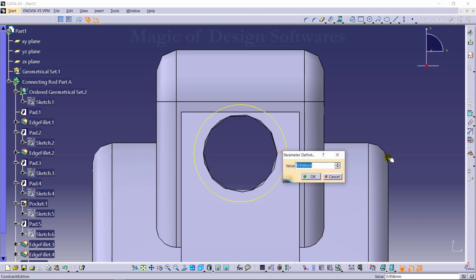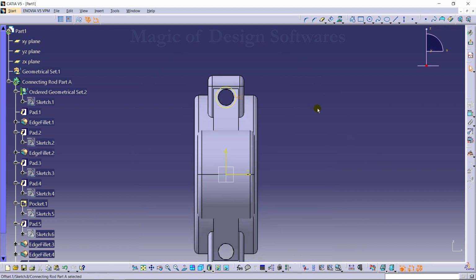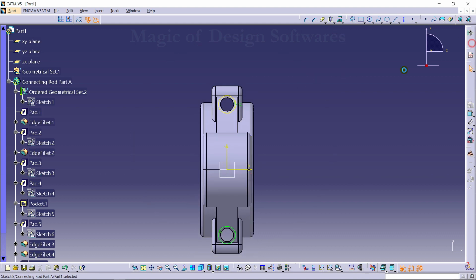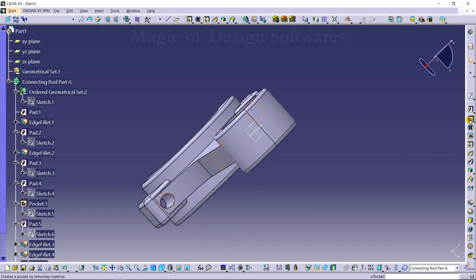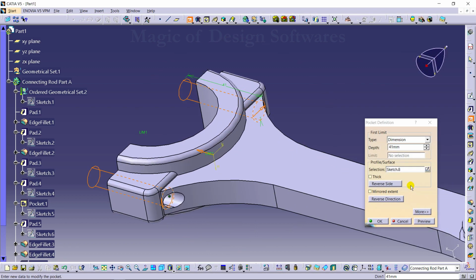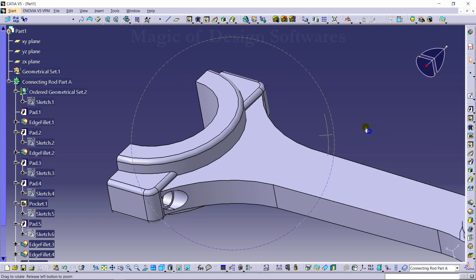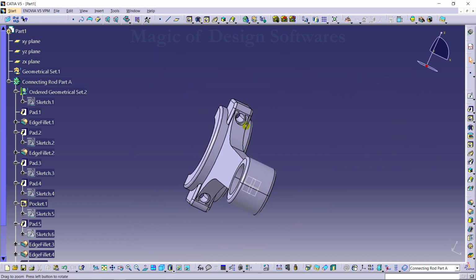Offset should be 1 mm. Okay, and select this one, make it as a mirror center line, make it as a pocket, negative direction. Okay, so we get the clear smooth finish,